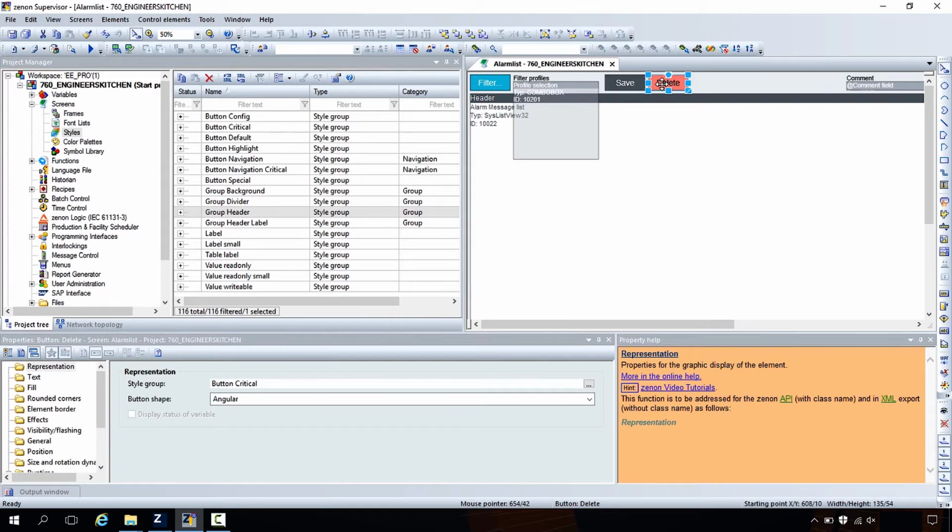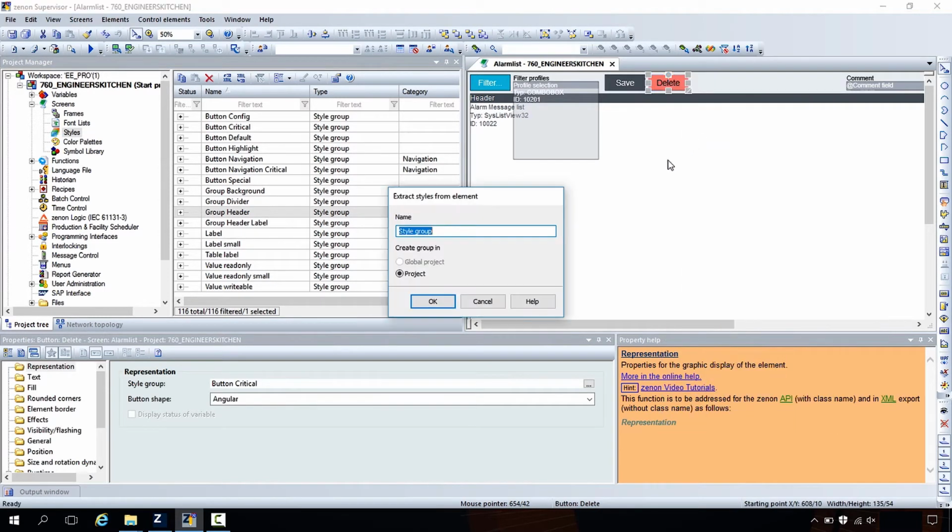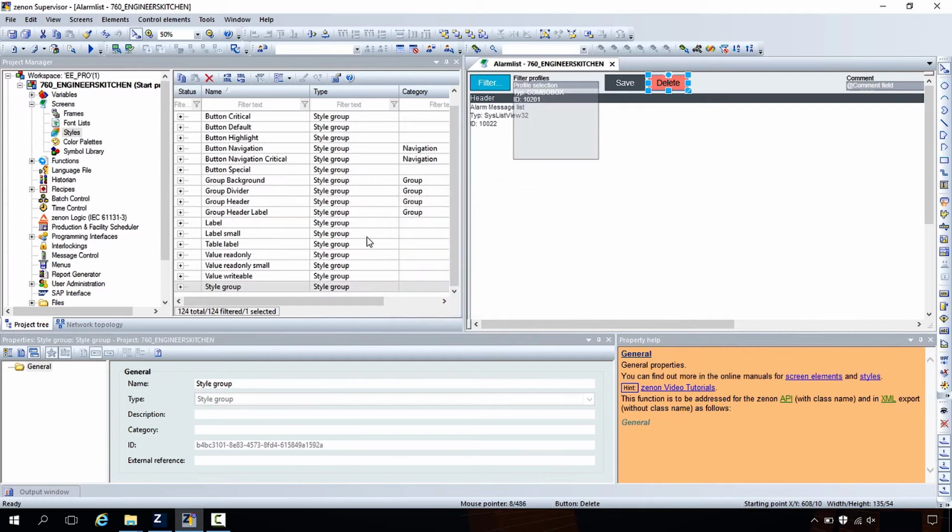That's great to see, Gero. And the styles I see in there look pretty new to me. Yeah, the styles are a pretty new development we did in 750 and 760. The idea behind the styles is that you can manage the graphical properties of screen elements centrally. For example, I have a button here, and I can easily extract a style group from this button.